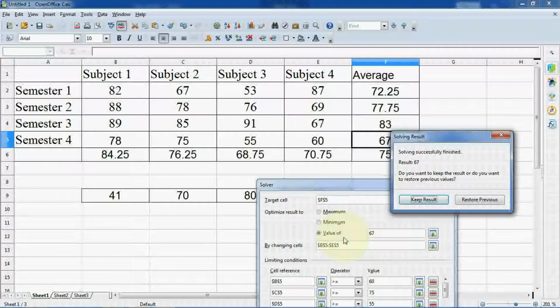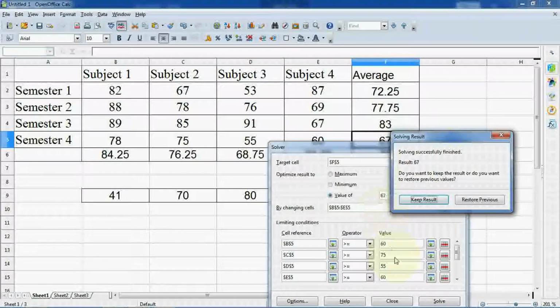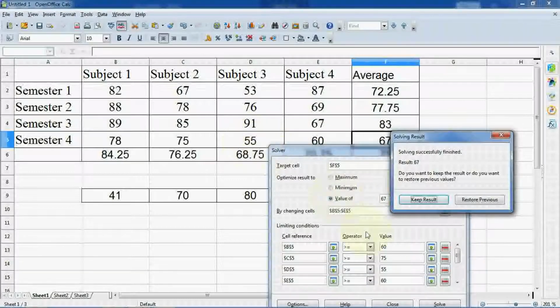But what it has done, see, here it has picked up the value 75, whatever we have entered in our dialog box: 75, 55 and 60. For three values, it has taken the upper limit, and here it is showing something which is calculated by Solver. So it is calculating only a single value. If I enter less than here, then it will calculate this subject 4. So let me show you that also, how it is calculating.